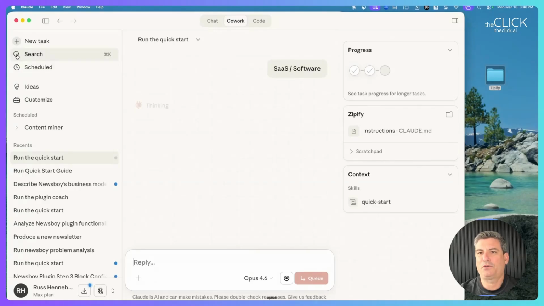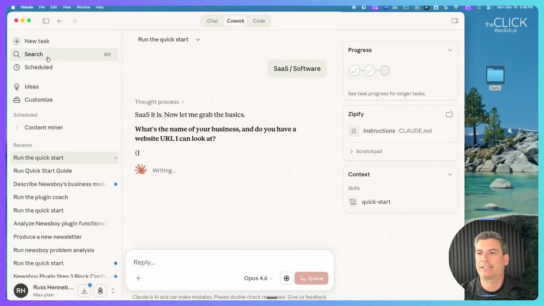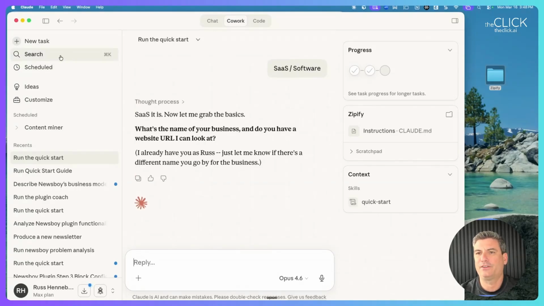Now, other things, you could, of course, search your tasks and threads and so forth is another feature here. The SaaS it is. Now let me grab the basics. What's the name of your business? And do you have a website URL? So I'm going to say Zipify, and then I'm just going to grab the Zipify.com URL